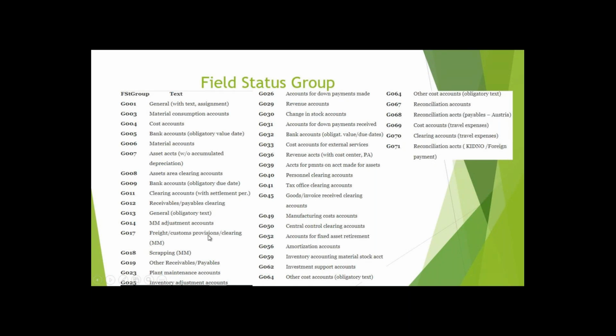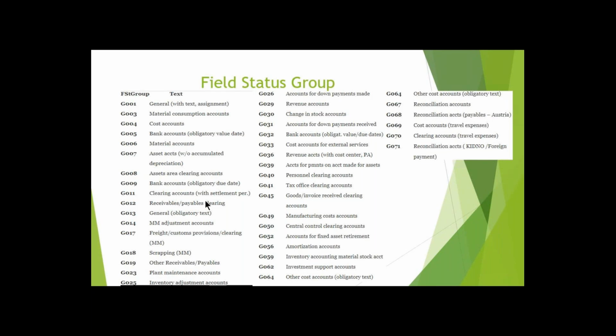Now I have receivables and payables clearing, means like a sales credit bill you want to clear, or a purchase credit bill you want to clear. That is receivables and payables. If you are creating the ledger of that, you should represent this field status variant. If I don't represent it, your ledger will not understand, and if I use it for a transaction, it will not understand what it is used as. You will get an error also. Okay.